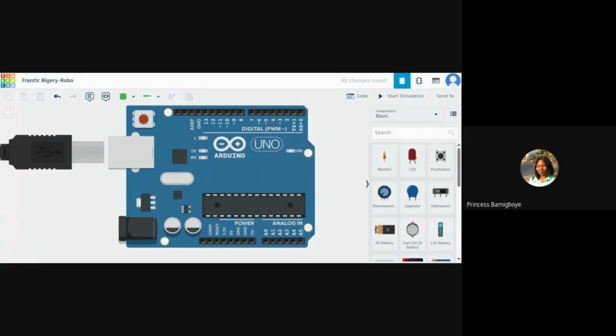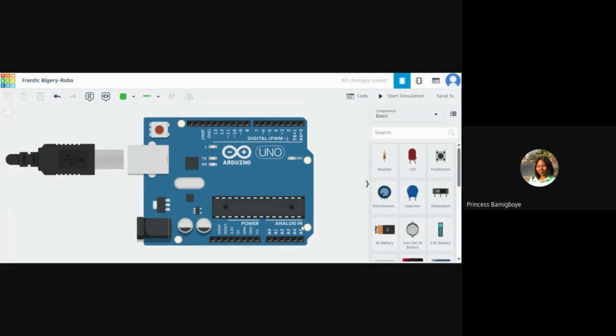Right? The A, of course, stands for analog. So there's A0, A1, A2, A3, A5. I think on the Arduino Uno it is from A0 to A5. On the Mega, I think it is from A0 to A9, because they're supposed to be 10, but because it starts from 0, it goes to A9. Then I think the Nano is from A0 to A5. But that was by the way.